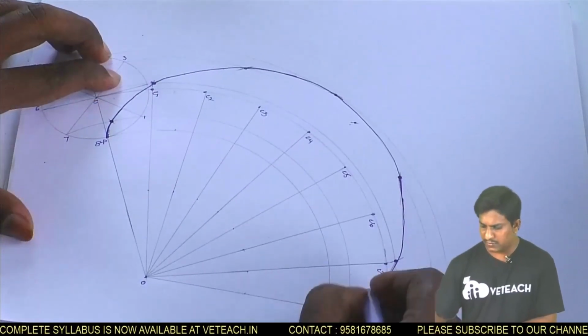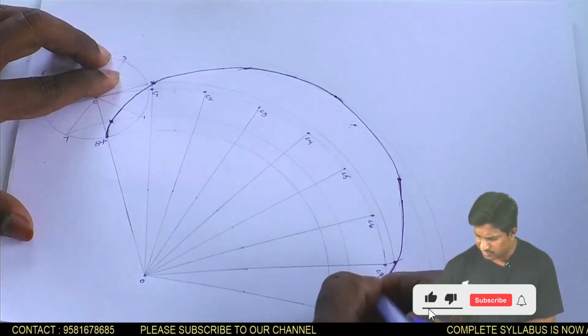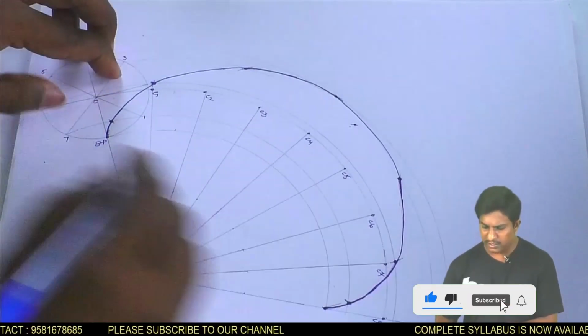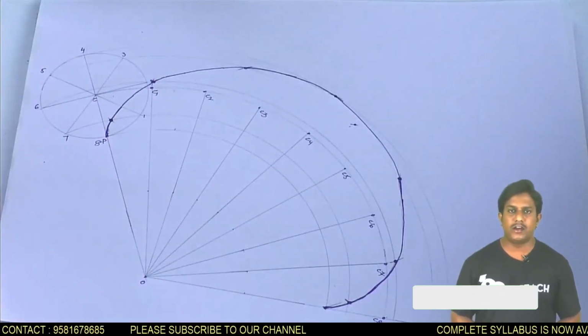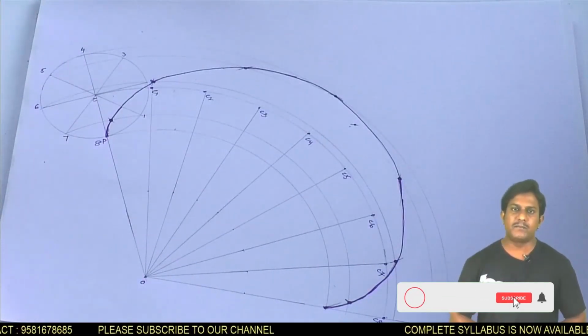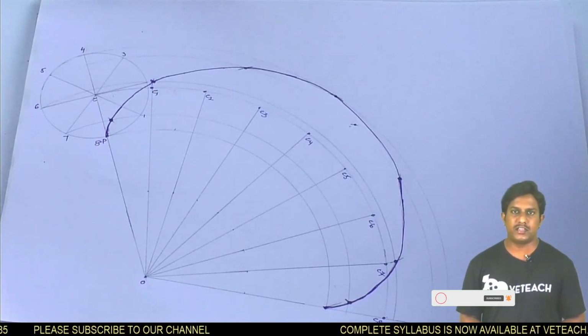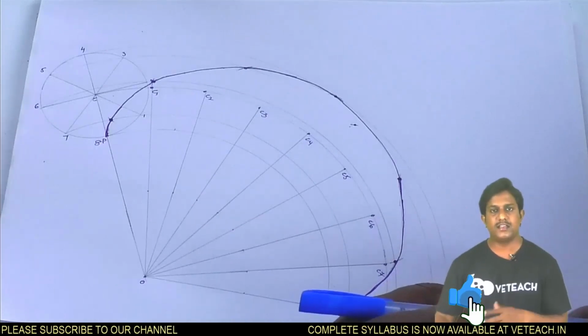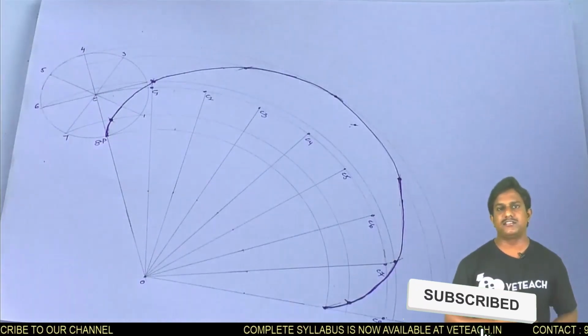With an HB pencil, draw darkly on the smooth curve. This is the curve obtained after one complete rotation of an epicycloid. Okay, in the next class we will solve a problem on hypocycloid, that is inside the